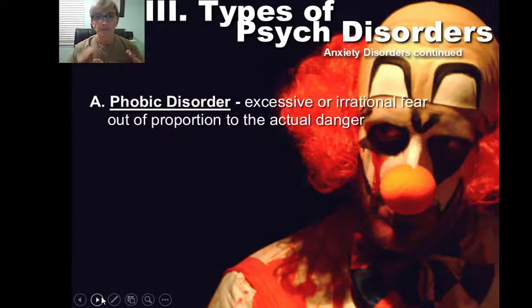So a phobia is an excessive or irrational fear out of proportion to the actual danger. A phobia is different from ordinary fear because ordinary fear doesn't prevent us from living our own lives. But remember the 3 Ds in relationship with phobias and anxiety. So if it is deviant, distressful, and dysfunctional, then it is probably a phobia. If the fear is so drastic that I can't go to the haunted trail because there's going to be clowns there, then that's a phobia. If you're avoiding things because of this irrational fear, that's a phobia.